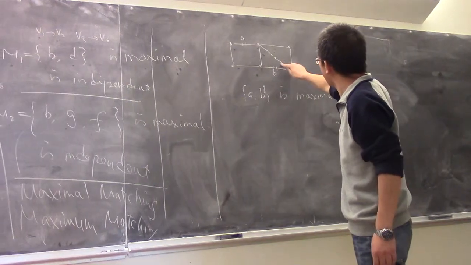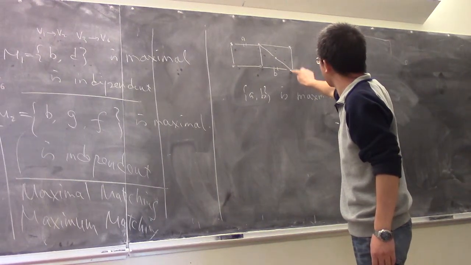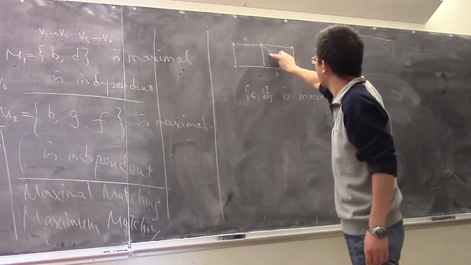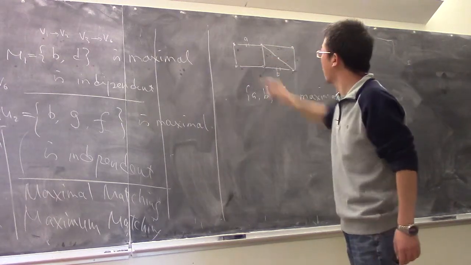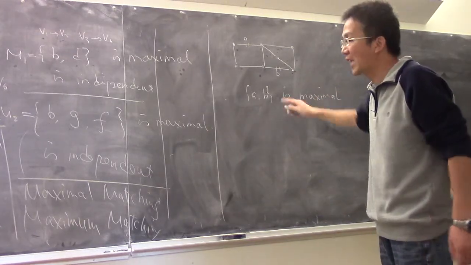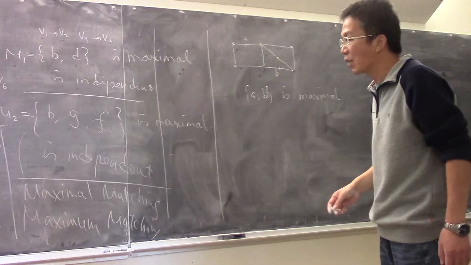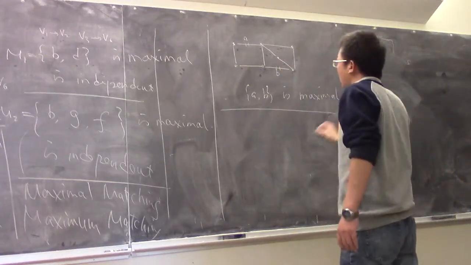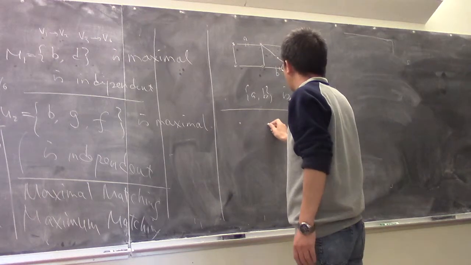You see, if you add this one, it has the same vertex here. This one same vertex. This one has same vertex, and this edge has the same vertex, right? If you look at everyone here, so therefore this is a maximal. It's not containing any larger, strictly larger independent set. That's a maximum. If I look at the same graph,